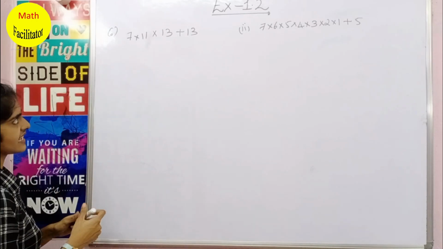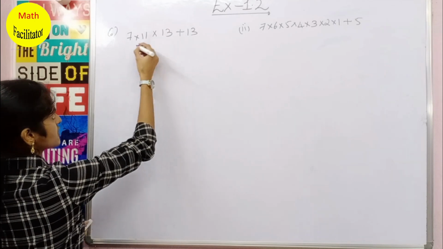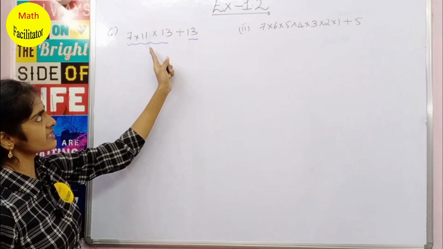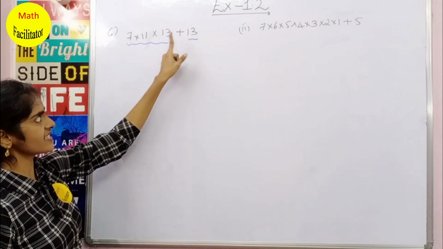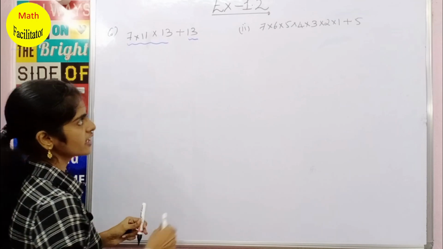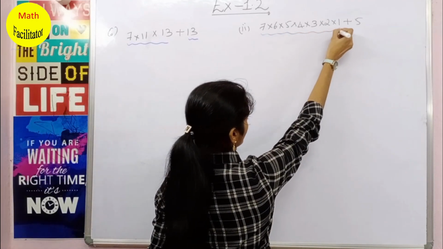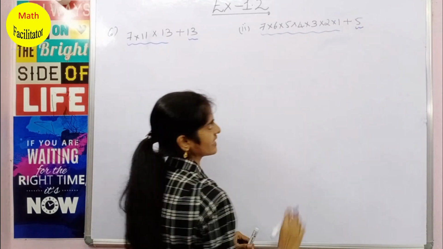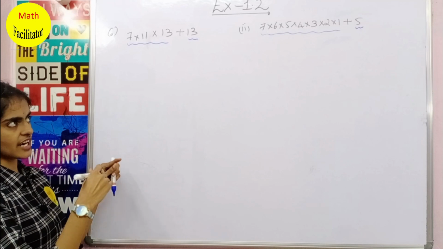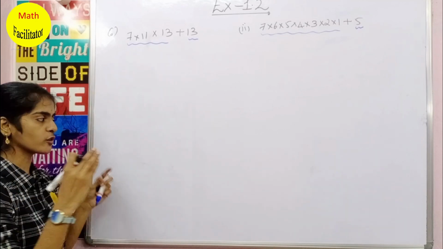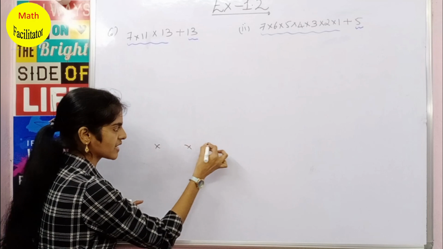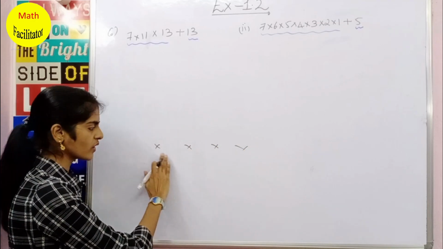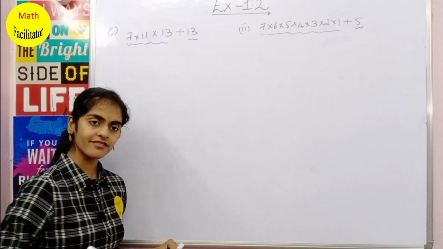Now here in this expression you have two terms. This is one term, this is the second term. This plus sign separates these two terms. Clear? So here you can see this is all product, and you have a plus sign. That means this complete thing is one term and this is the second term. Now let us try to bring it so that you should not have any plus signs; you want only products, only multiplication signs. Then you can say that this particular number is composite, using the fundamental theorem of arithmetic.